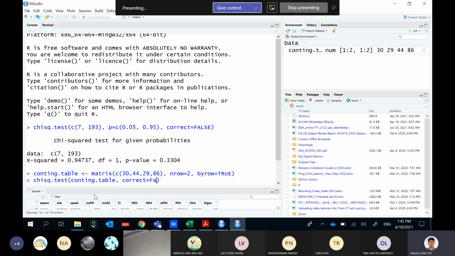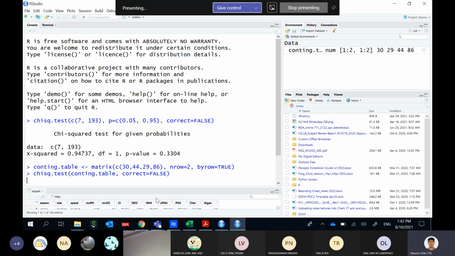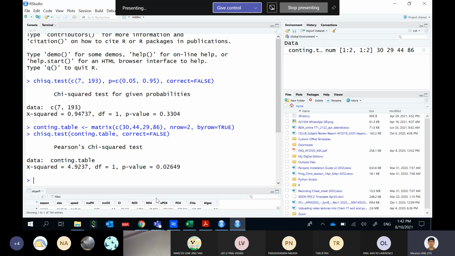So you also have, you do not correct. It's false. And then that is your p-value essentially. So based on the p-value,